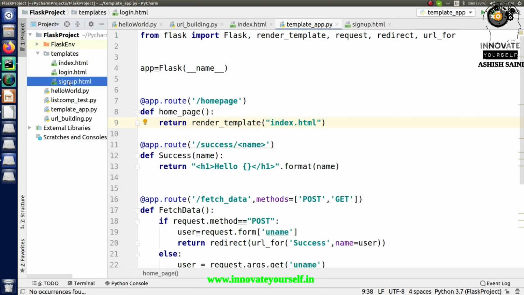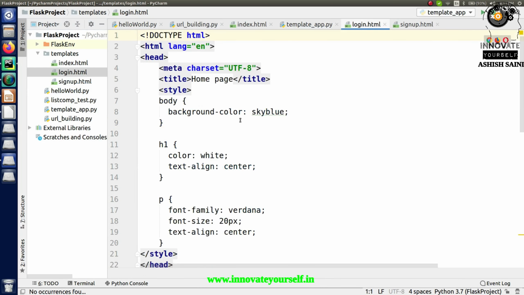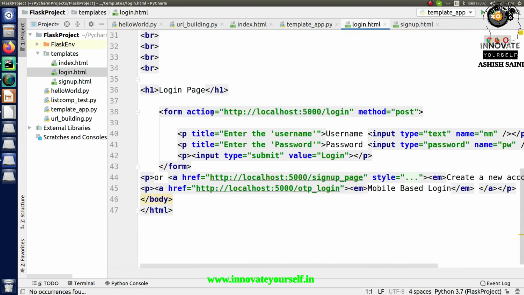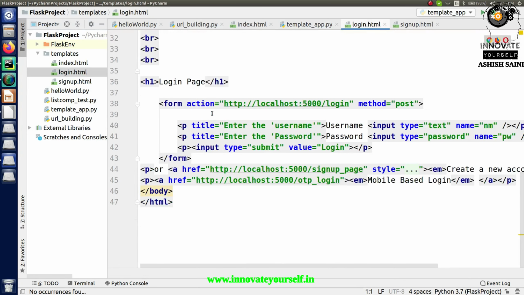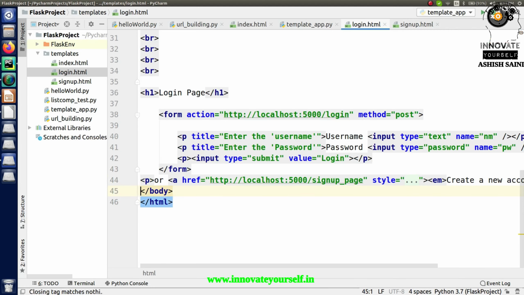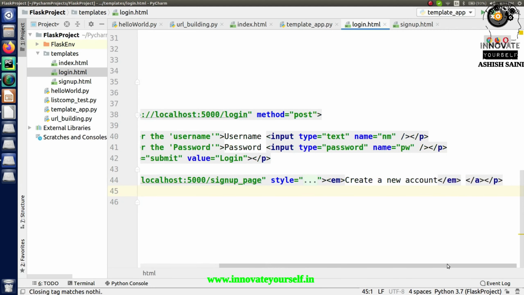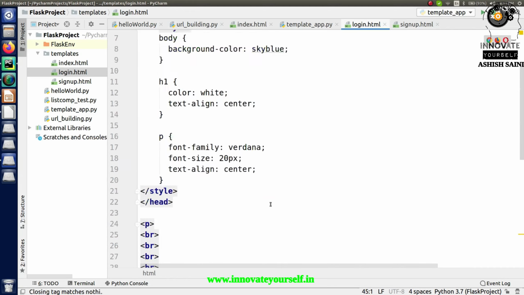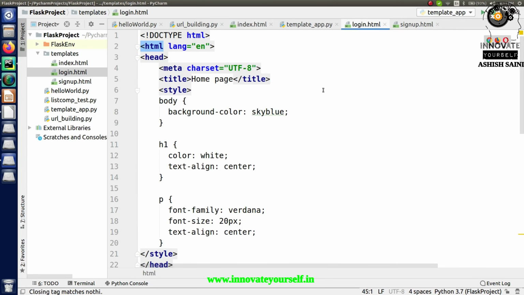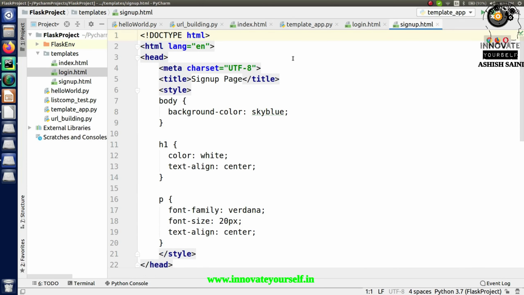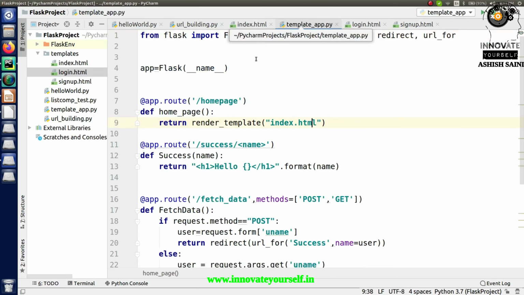Here you can see I already have two HTML web pages in which I have created the logging in and the sign up parts. This is the logging in page, in which I have already added everything, and with respect to that I will be able to call this part. Let's remove this part, it's not actually needed. So I have created this login page and this is the sign up page, and to make it work, let's do one thing.